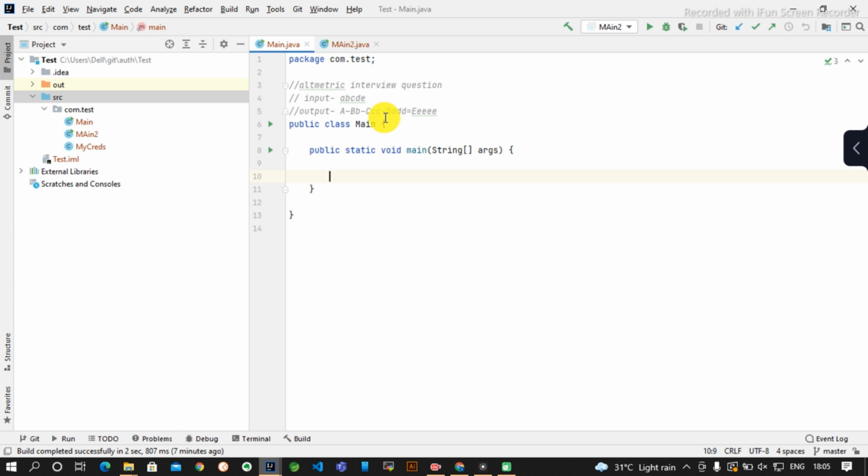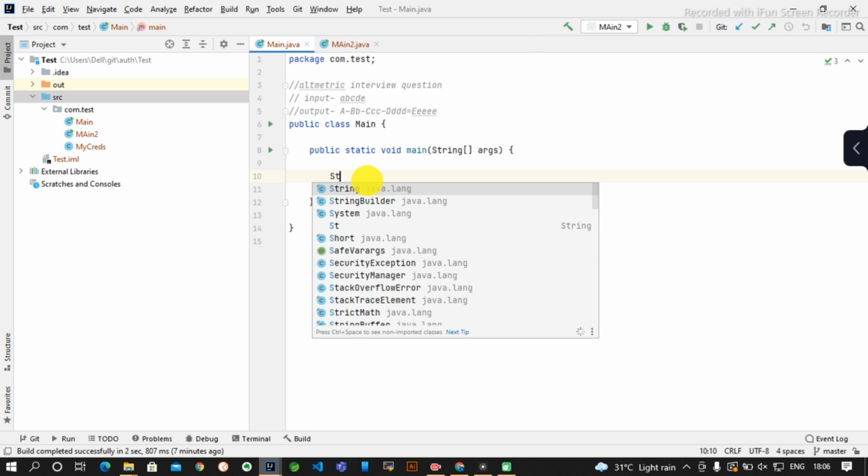Okay. So there are two coding questions. First we will focus on one coding question. As you can see, the input is A, B, C, D, E, and the output should be A, then for B the first letter is capital B and another one is small b, and for C the initial will be capital C and another two small c. Similarly for D and E. So let's write the program.